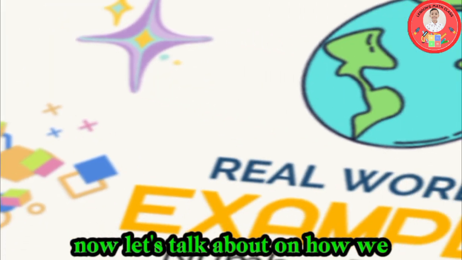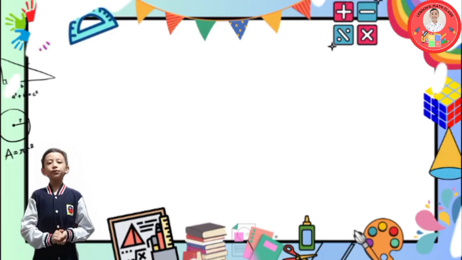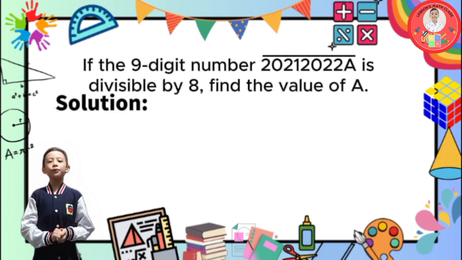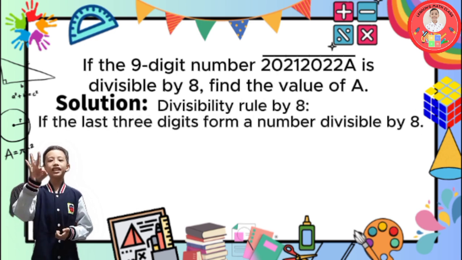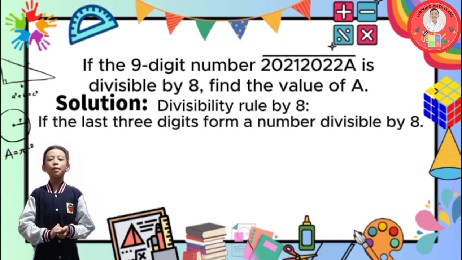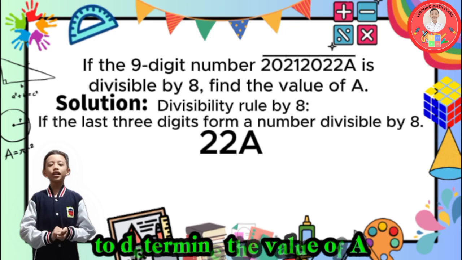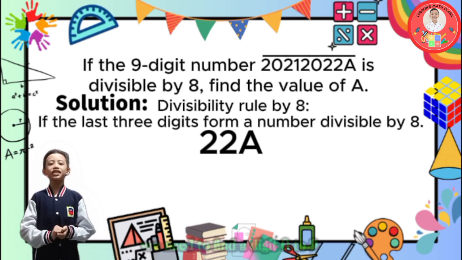Now, let's talk about how we can use number theory in a real-world problem. If the 9-digit number 202,120,220A is divisible by 8, find the value of A. For a number to be divisible by 8, its last 3 digits must form a number that is divisible by 8. In this case, the last 3 digits are 22A. To determine the value of A, we need to find a digit 0 to 9 such that 22A